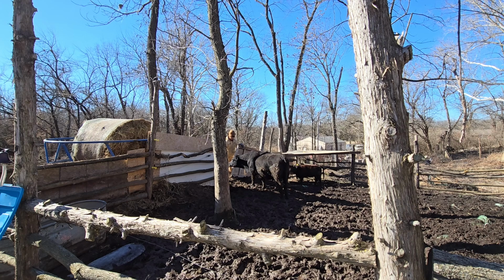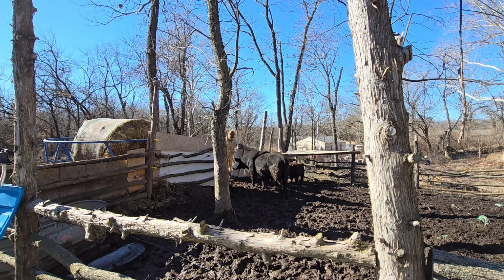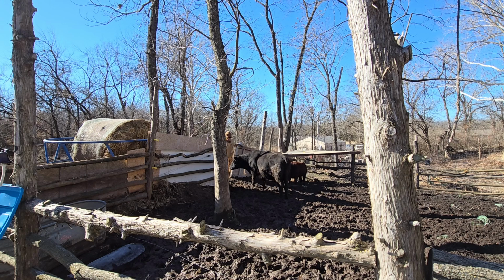All right, so as you guys can see, I got the gate open. I even have the feed in front of her, but she's still hesitant. The biggest reason I believe that to be is because I only have the gate slightly open, because keep in mind, I'm still trying to keep Brownie inside. And so Beyonce is just not sure about making that step to pass the threshold of the gate